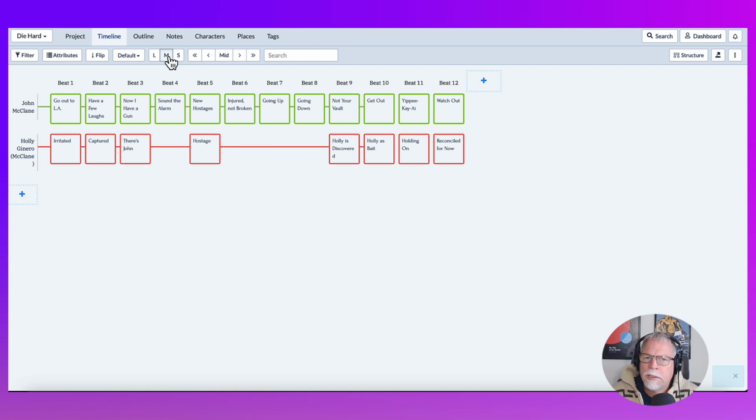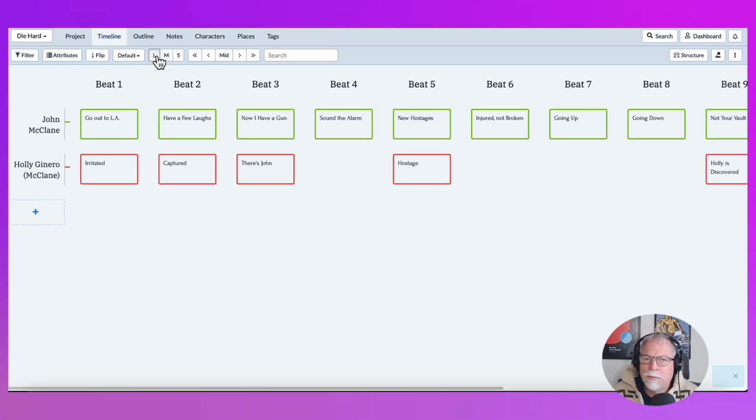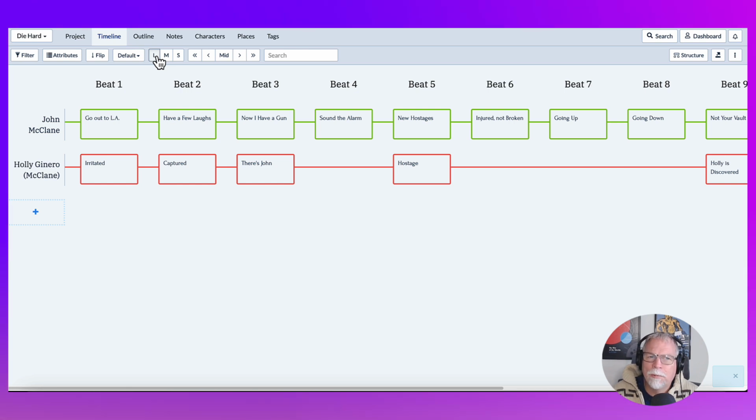In this particular case, I've only got 12 beats in Die Hard, and I'm going to show you why that is in a few minutes. But so I don't need it zoomed all the way out, but zooming out this far can be useful. I just normally operate here where I can see everything as large as possible, and then I scroll back and